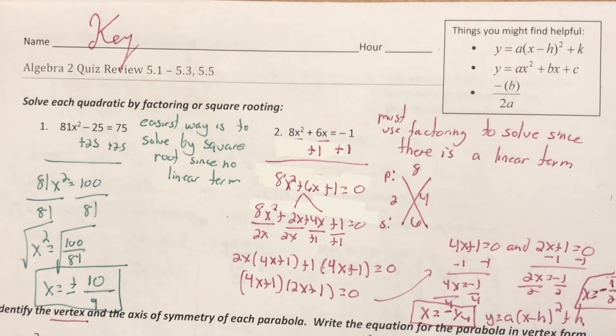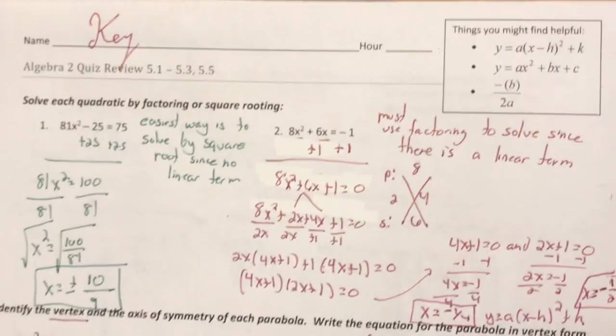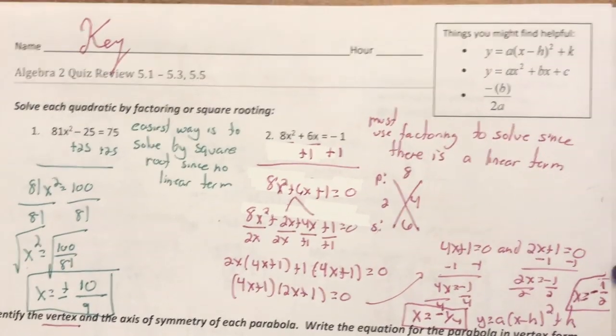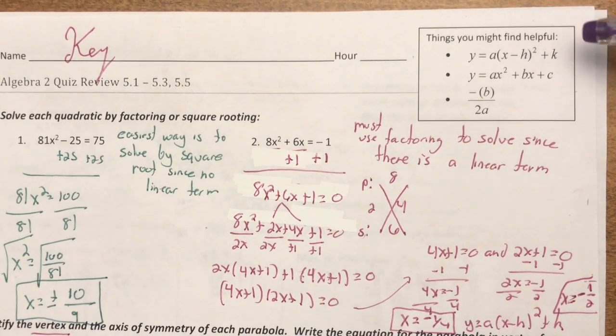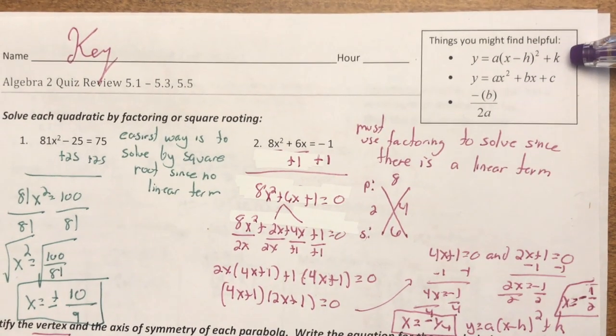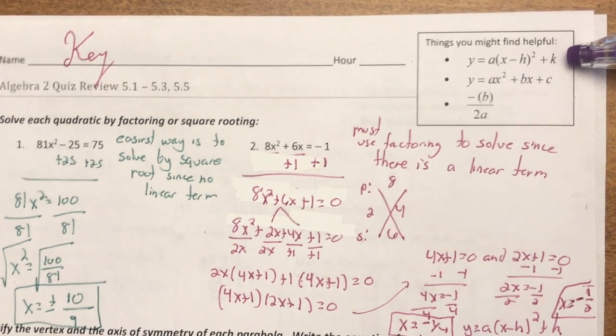Algebra 2, I'm just going to take a couple minutes to talk about the quiz review from sections 5.1 to 5.3 and 5.5. These sections focus on quadratics, and if you take a look at the top corner, these are things that you will have to know for your quiz. You should be able to recognize a quadratic function given in vertex form